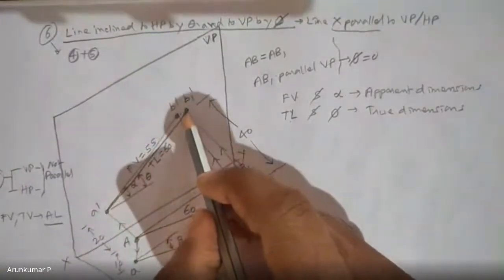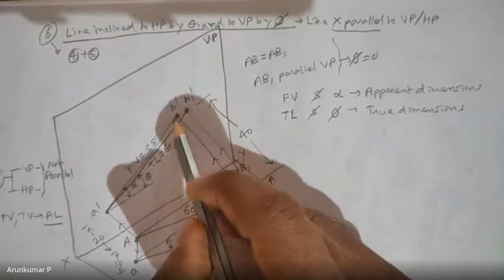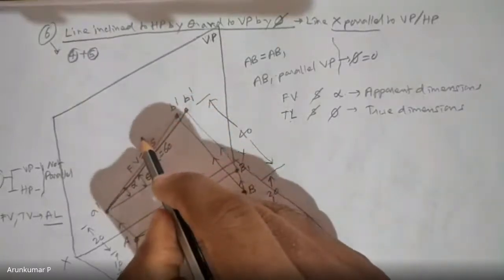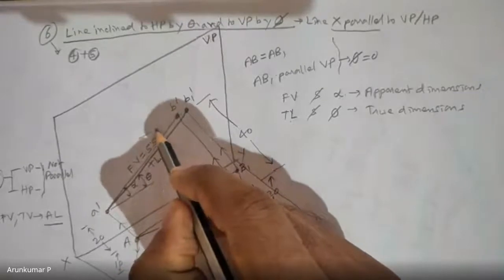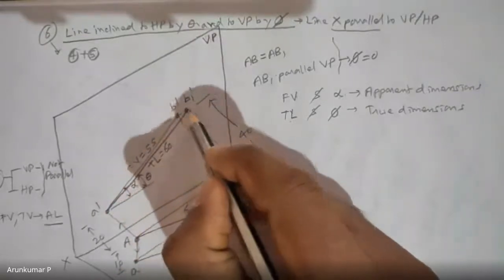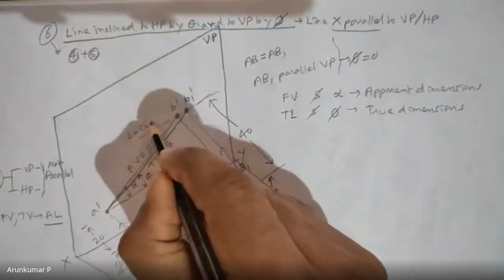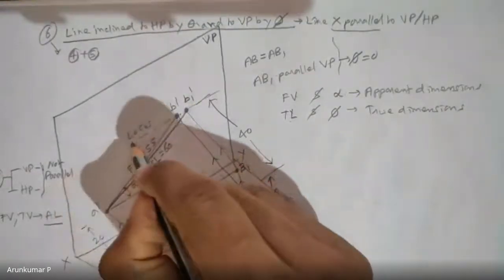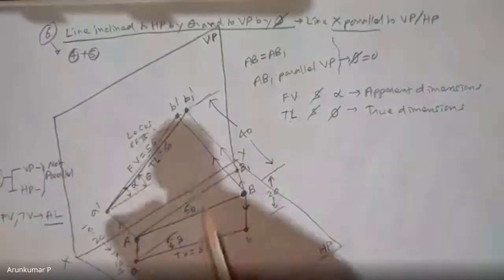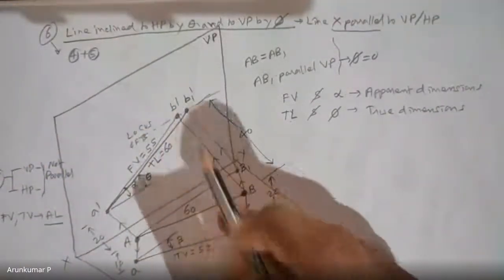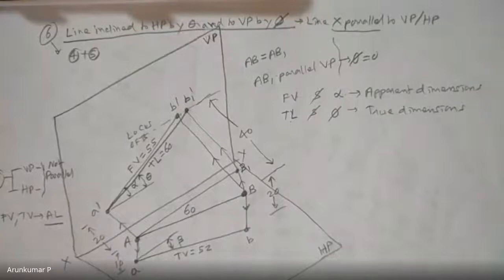See here, B dash and B1 dash. You can see these 2 points have come side by side. So if you join them, you will get a line like this. This line, we call it as a locus line. You can say this is locus of B. This locus line is parallel to XY line. Okay. So this locus concept is important when we start solving the problem.